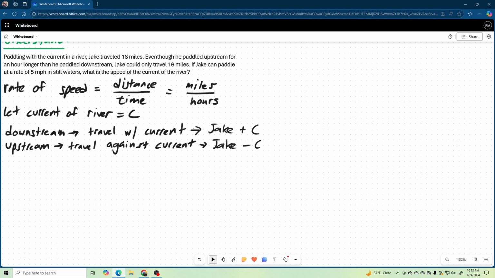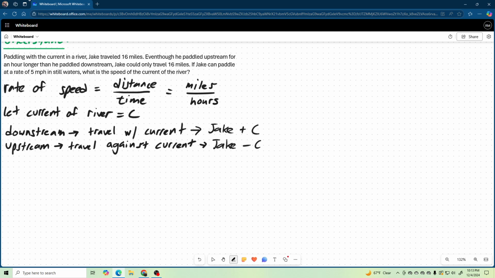So the first thing we're going to have to do is think, okay, we're doing distance over time, right? Speed is distance over time. Well, the time it's going to take depends on the current, right? And we know that Jake's speed minus the speed of the current is going to be how long it's going to take for us to go